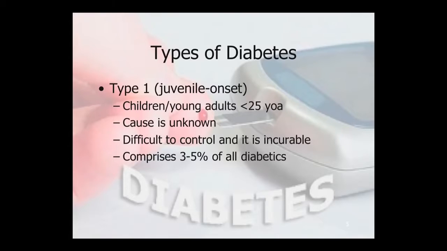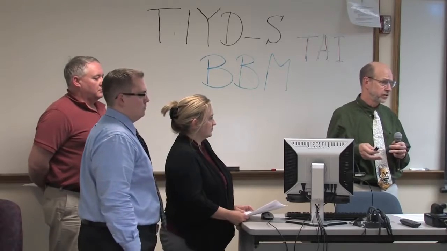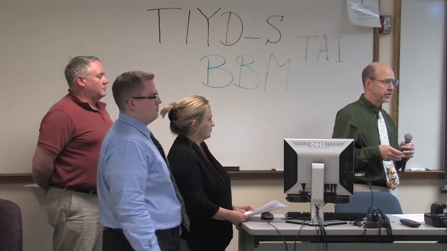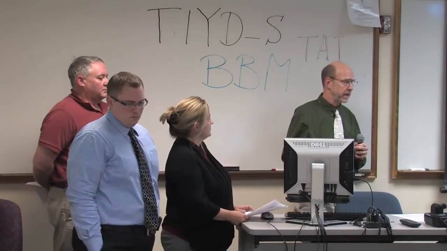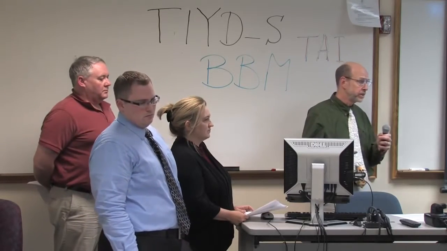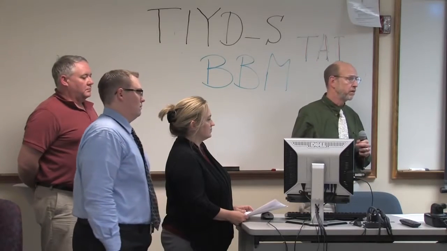There are two types of diabetes, and type 1 is what they often refer to as juvenile onset diabetes. It occurs in children and young adults, almost always if they're younger than 25 years of age. They don't know what causes it, and currently there is no cure. It is incurable, and 3 to 5% of all diabetics are